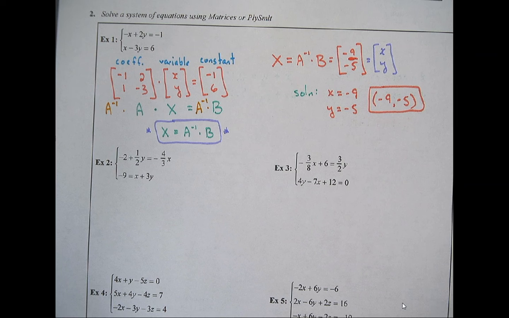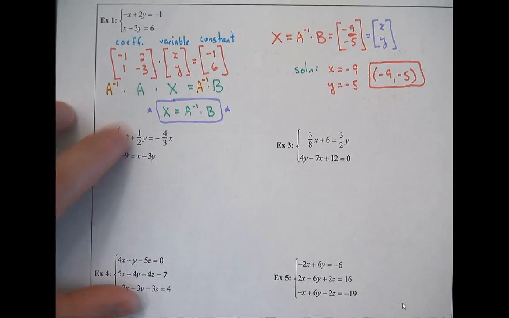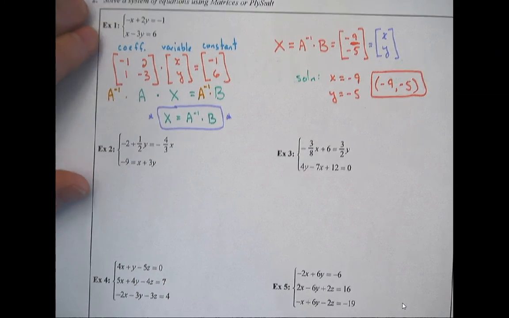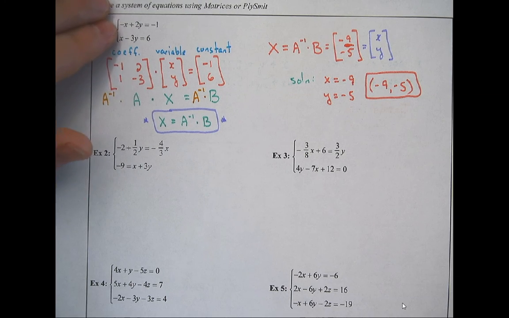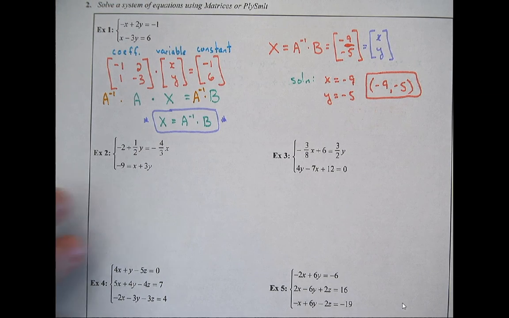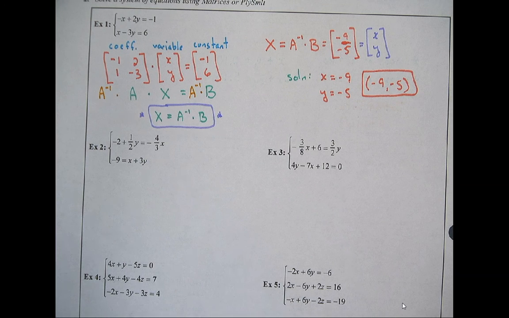All right, let's try another one together. So I can't use this trick, A inverse B, unless my equations are in standard form, because I have to have the X and the Y in order, X and then Y, and then the constants. So our equation here is not in that format. But we can multiply an equation by whatever we want. So I'm going to take this equation, and I'm going to multiply it